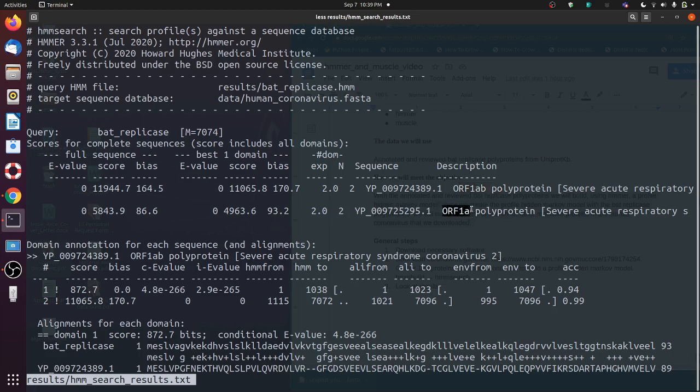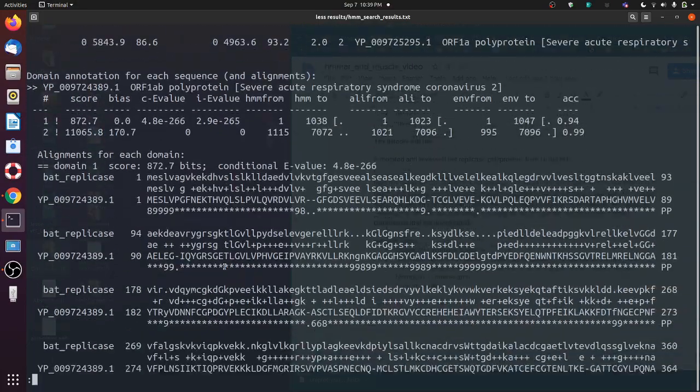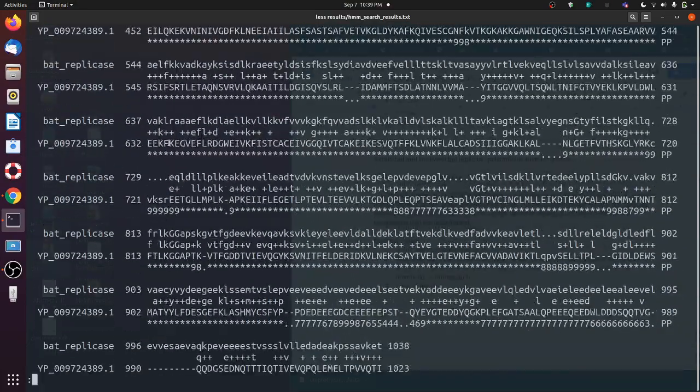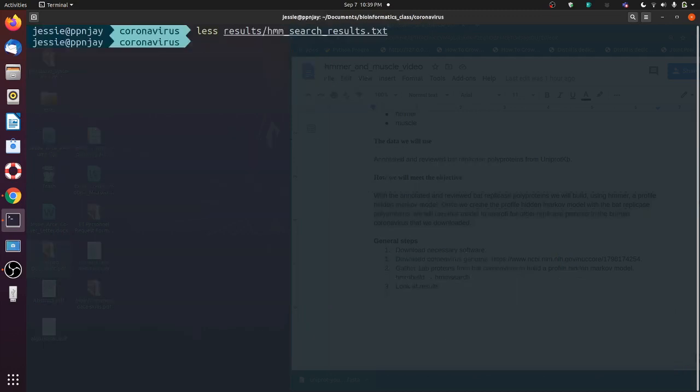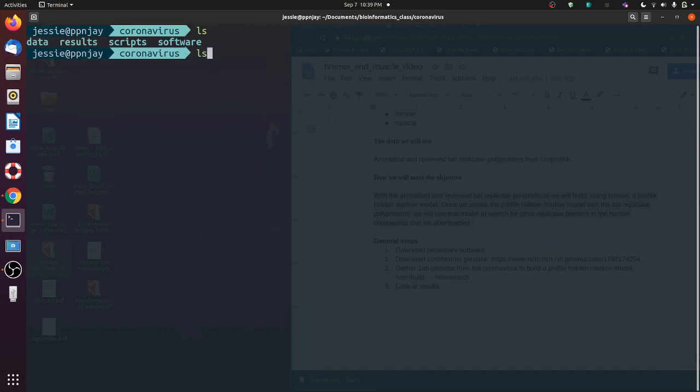ORF1AB, and then we have ORF1A. So it is two different proteins, two different accession numbers here. And so we got two results back. We're not going to really investigate it. You can take a look at it if you want, but I just wanted to show downloading the software, using the software, and then here and there I mess up, but eventually you just gotta think and figure it out. It could be a dumb mistake like I was doing, or it could be a more subtle mistake